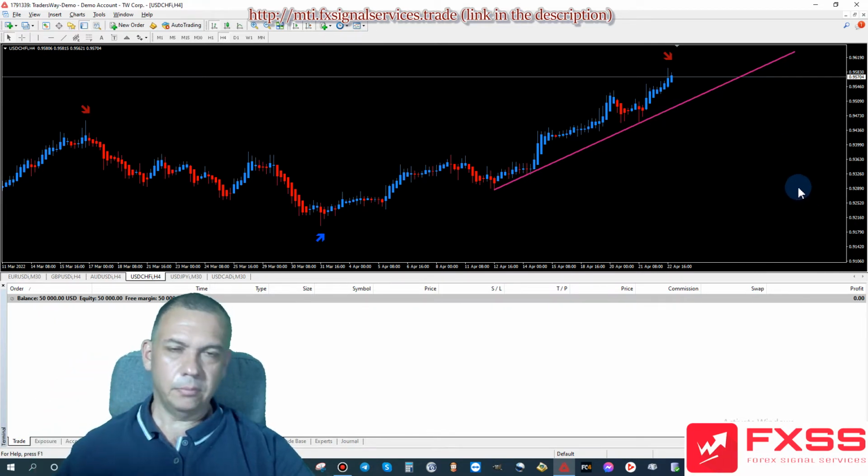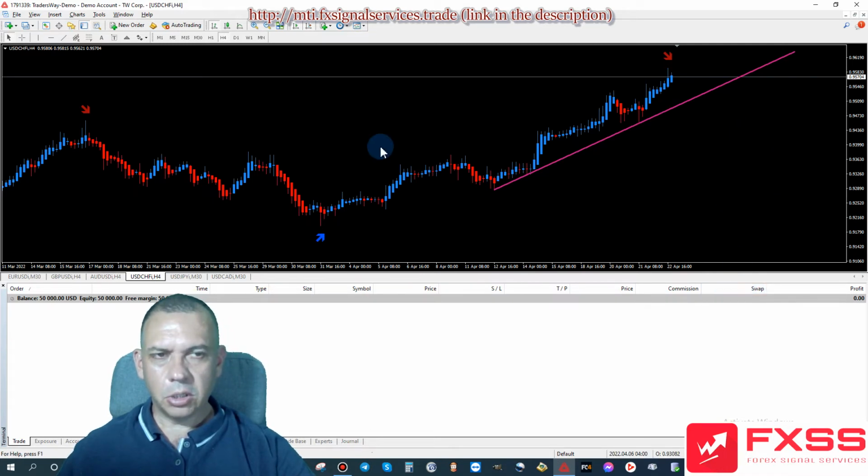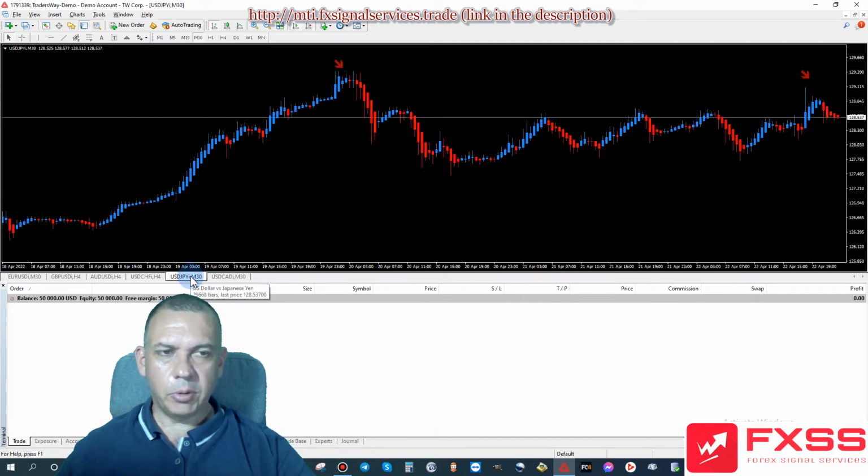Okay, just hold that sell trade until you get the next blue arrow. Just wait. You might take a couple weeks. That's okay. You'll have some swap fees along the way. These swap fees will dig into your profit, but as long as you have a profit in the end, you'll be perfectly fine.